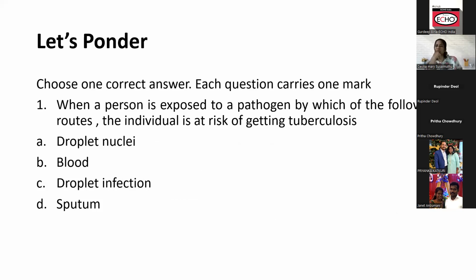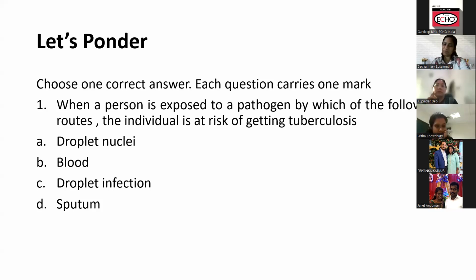Okay, so now we have seen all about MCQs, the different types of MCQs, and also the different tips to formulate MCQs. Now I want all of you to say whether these are correct MCQs or wrong, and if it is wrong, what is wrong? Okay, so I think you can switch on your videos. You can unmute yourself and you can answer.